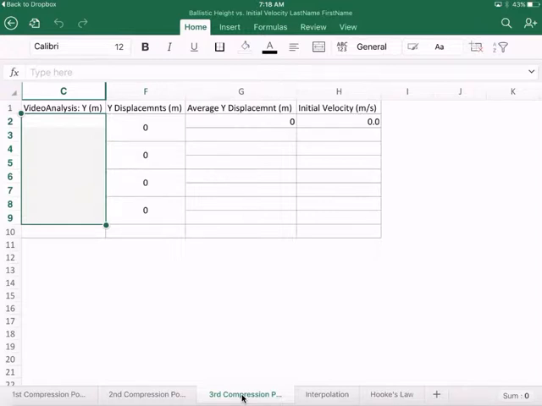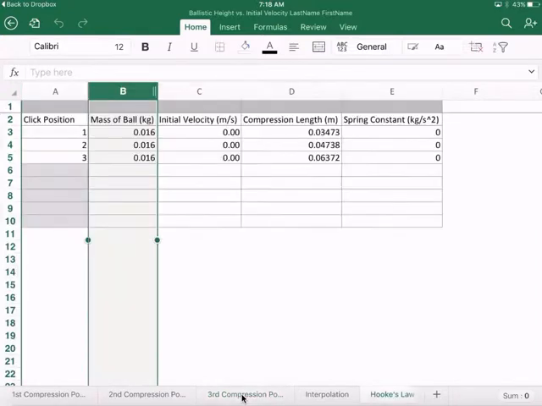Now, what's beautiful is we've already acquired this data, and we did it in the last experiment when we were firing the ball into the ballistic pendulum. So once we have all of this data, Hooke's law will be calculated for us immediately. We already have our initial velocities here. They are coming directly from our calculations from the last experiment, and we have our compression lengths here. I took measurements for the compression lengths using a micrometer, and we were coming out with